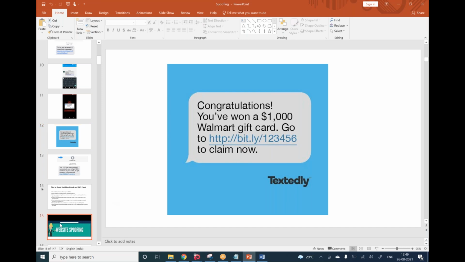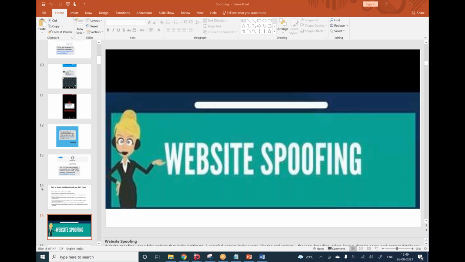Then you also have website spoofing. So I'll show you some examples of website spoofing. It uses a fake website that looks legitimate. A spoof website looks exactly like a real website: the logo, branding, color, layout, domain name, contact details are all the same. Without very close inspection of the domain or looking for small flaws in the text, it is very difficult to identify a spoof website. Cyber criminals use spoof websites for a range of reasons, including collecting login details, stealing credit card information, and installing malware. Often the victims receive a spoofed email first, then the website.